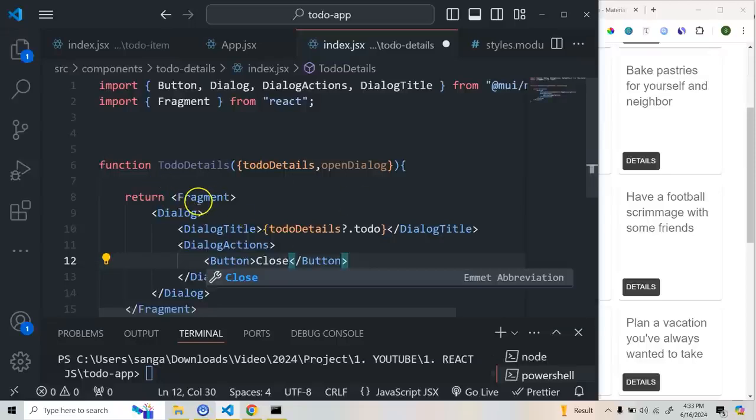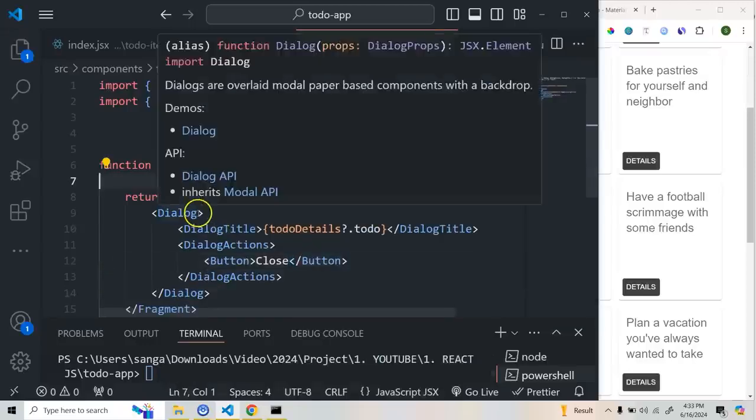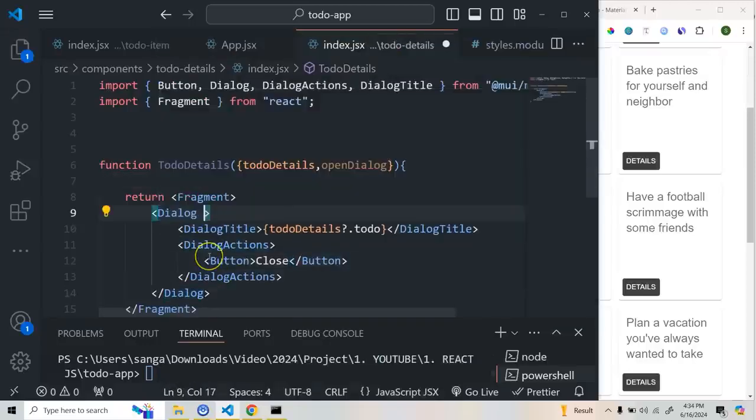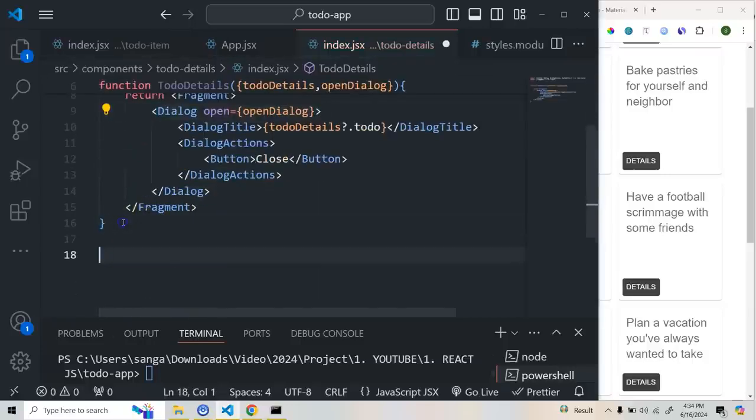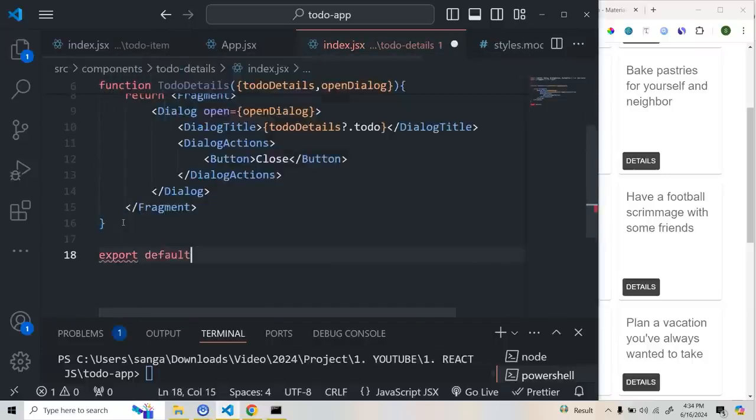Okay, so here in this dialog you need to basically tell it to open the dialog. So there will be an open prop that it will receive, and based on what? We are having this open dialog that will be received from the parent component. That's it. And then I think for now this is fine. Now let me just export this,